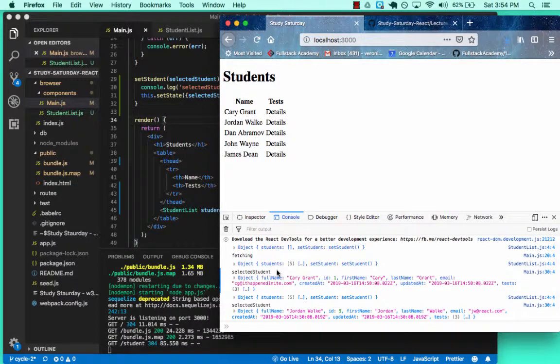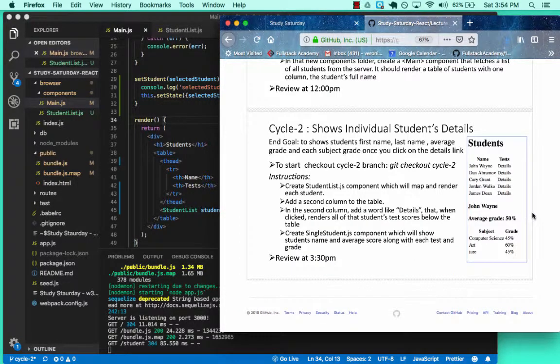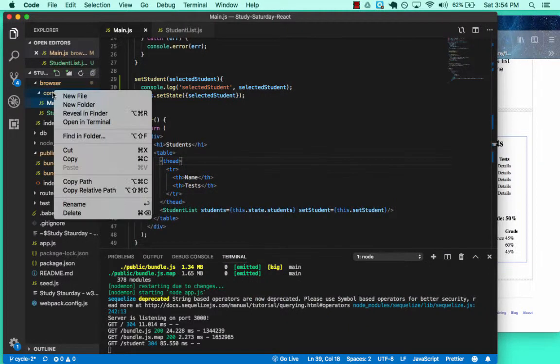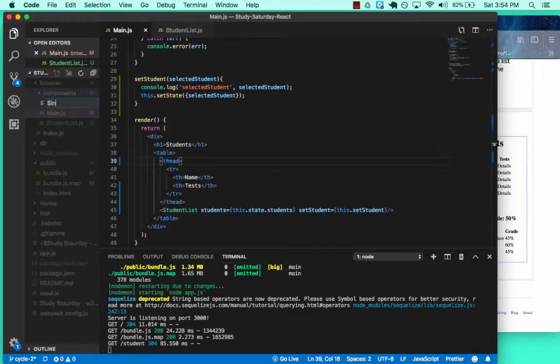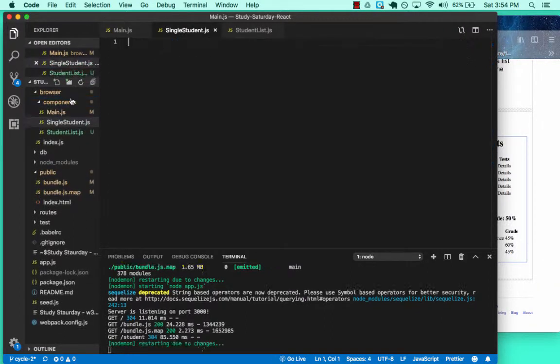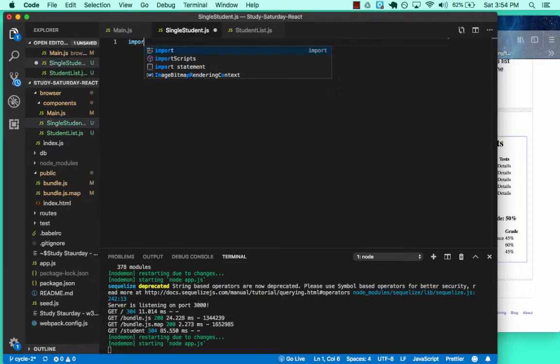Are there any other questions on this part so far? Or is everyone feeling okay? All right, cool. So our next part is to render the student's test scores below the table by creating a new component, this single student.js component. So we can go to our components, make a new file, single student.js. Again, first thing we want to do here when we get in is import React,